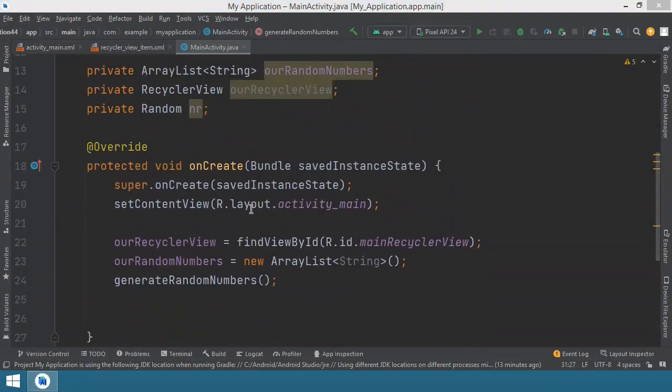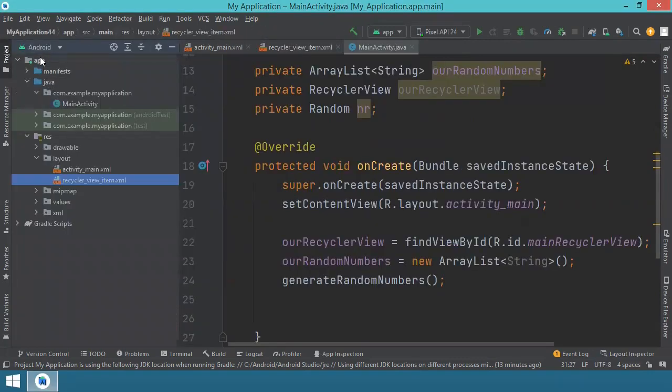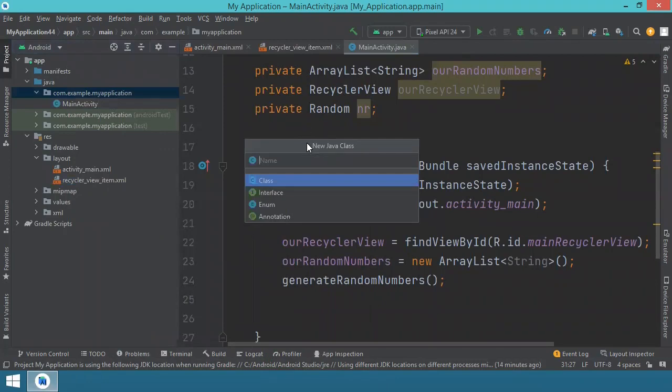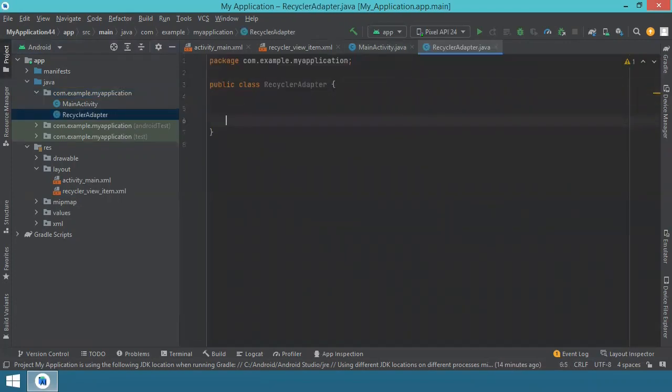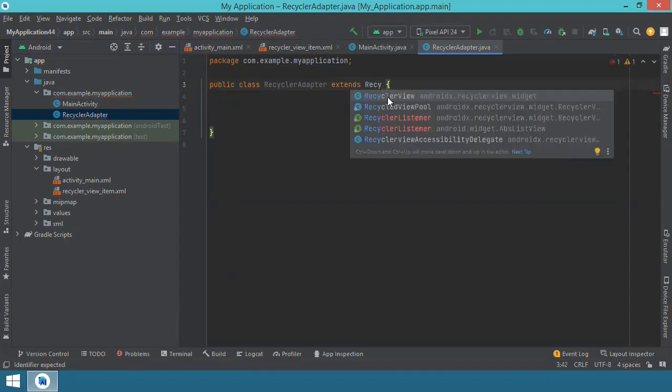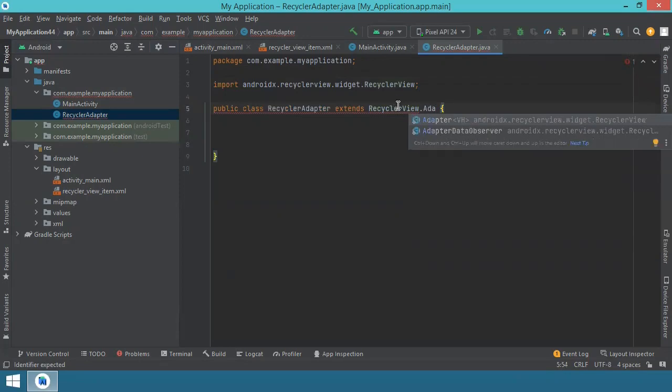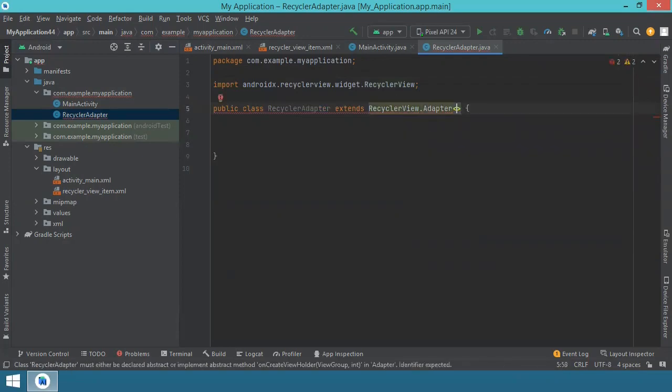We will have to create our recycler adapter. And for this, we go to project, we go to the app, Java, package folder, and then we right click. We say new Java class, and we'll give it a name. Let's call it recycler adapter. What we have to do here, we have to extend this class. We'll begin by saying extends RecyclerView dot adapter, and we'll just say here